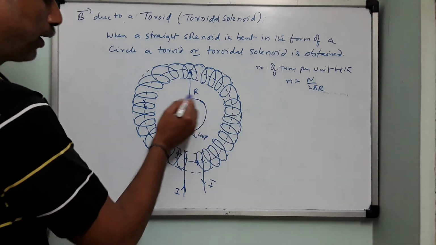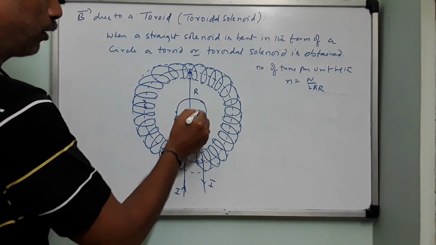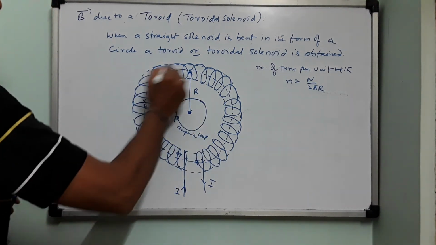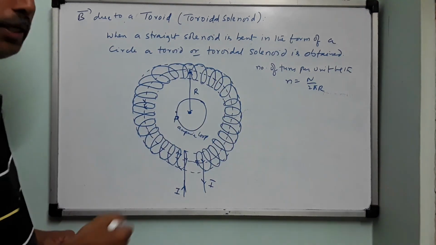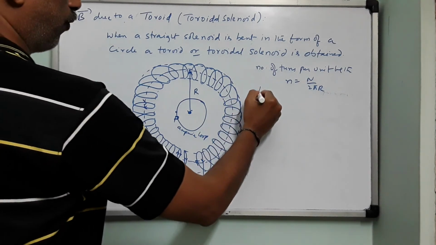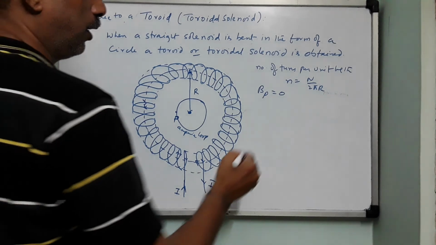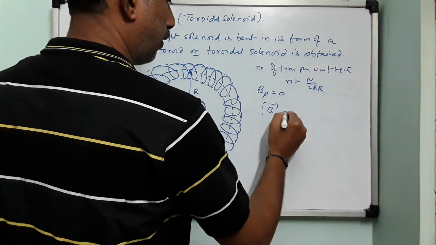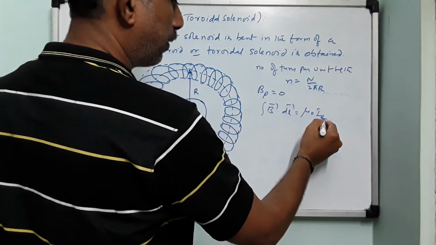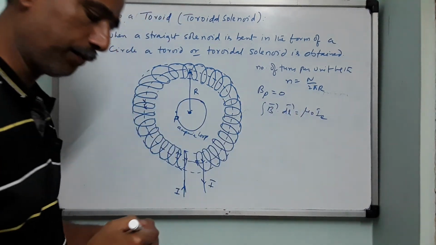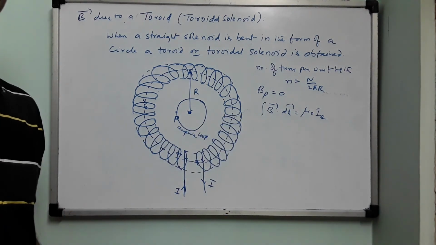So if I draw the Amperian loop here at point P, where I would like to calculate the magnetic field, my Amperian loop does not enclose any current, because current is flowing in the toroid like this. So here there is no current. Therefore, the magnetic field at point P is going to be 0 because the current enclosed is 0. Line integral of B dot dl equals mu naught into I enclosed. If I enclosed becomes 0, then the right hand side is 0. Therefore dl cannot be 0, but B is going to be 0.